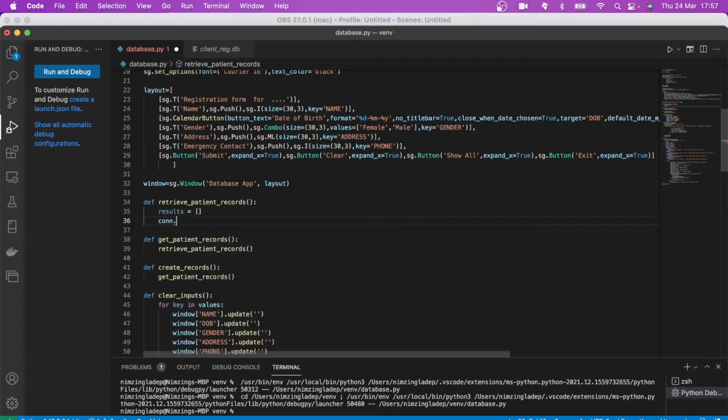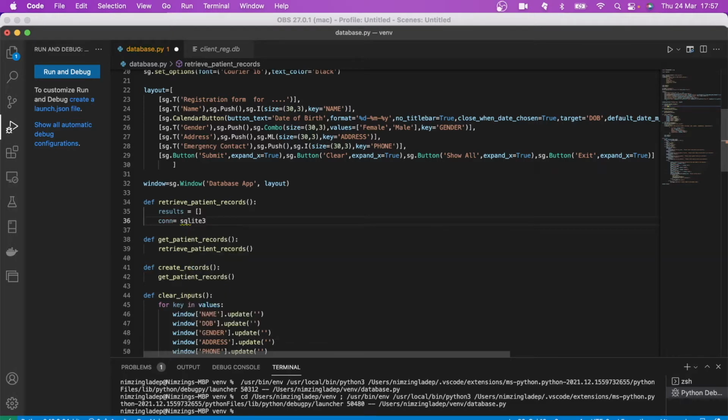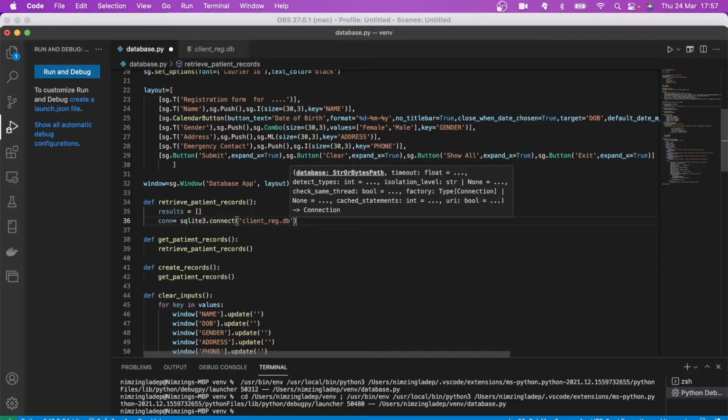Sorry, it's connect first of all equals SQLite dot connect. The name of the database again is client rec.db. Okay, so we connect that database,